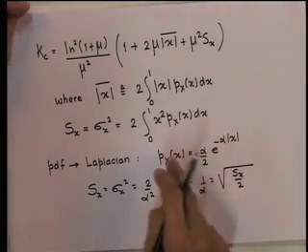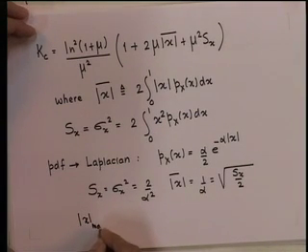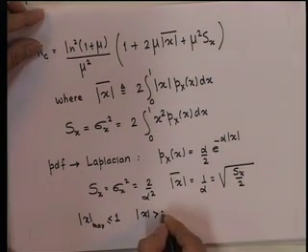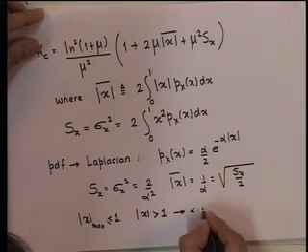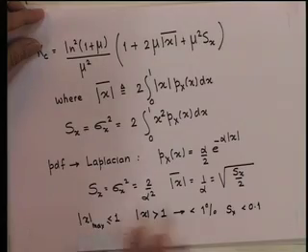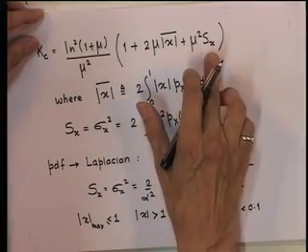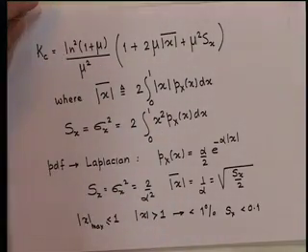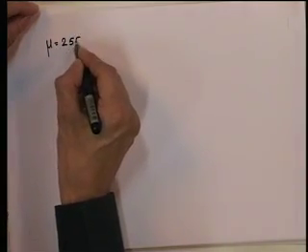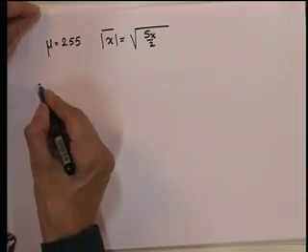Now, unfortunately, this PDF cannot be normalized for x max less than or equal to 1, but the probability of mod x being greater than 1 is less than 1% if S x is less than 0.1. Now, other voice PDF models yield about the same relationship between mod x and S x, which is the critical factor for evaluating K C. So, taking the standard value for mu equal to 255 and mod x average equal to square root of S x by 2 gives the value for K C